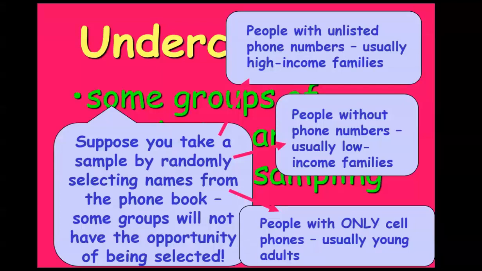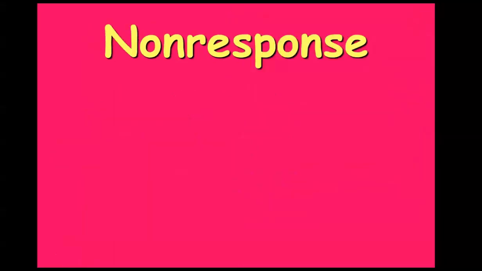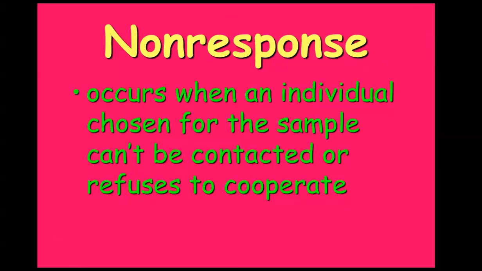And then it turns out the ones that typically have phone numbers to call would be young adults, mid 20s types. So your data would be reflective of that particular age category and not what the actual population is thinking. Undercoverage. Okay, non-response. Non-response occurs when an individual